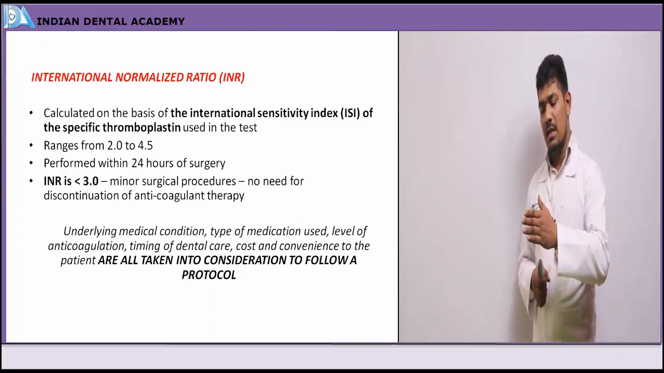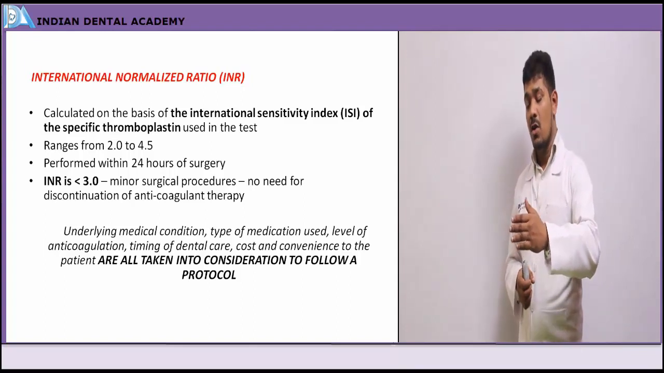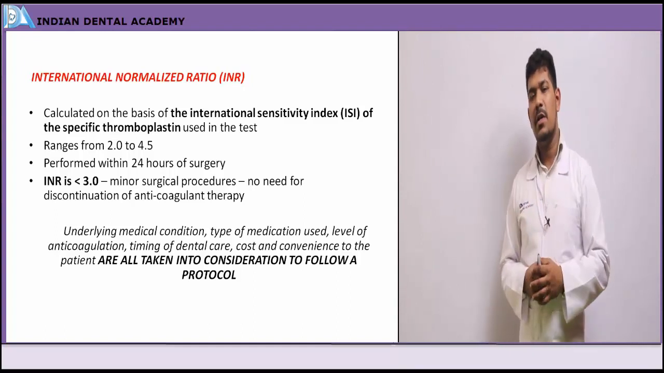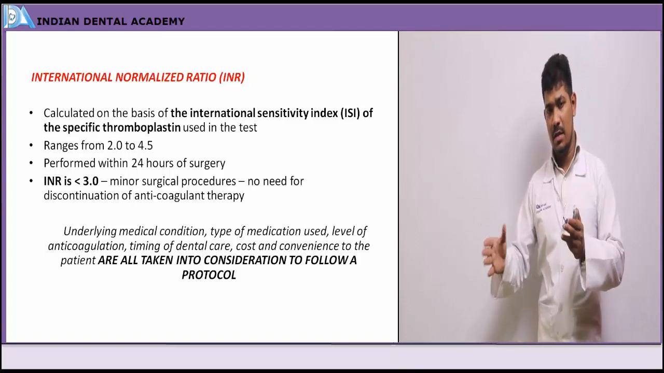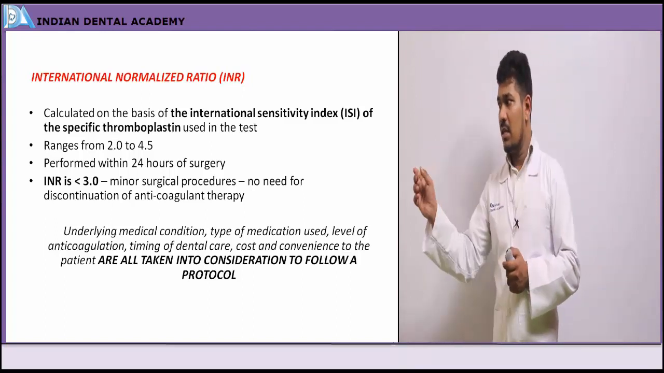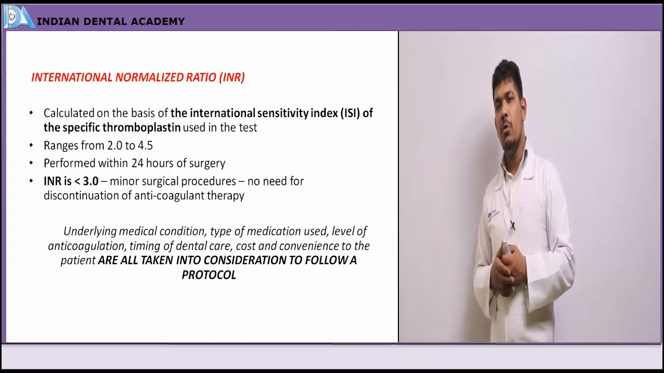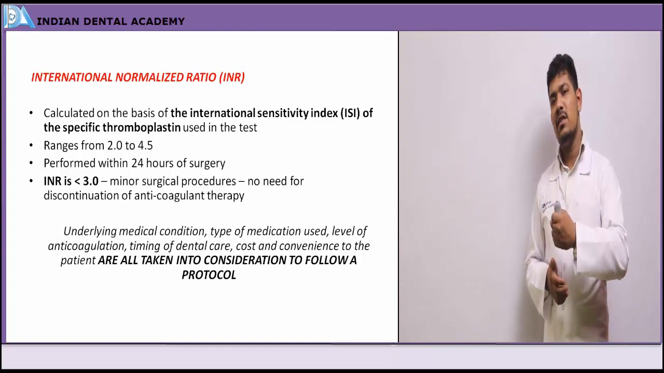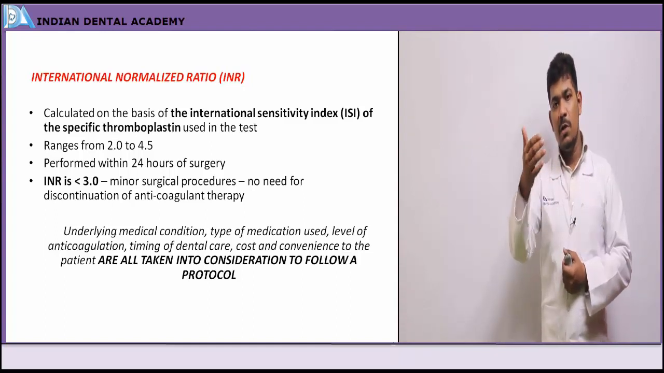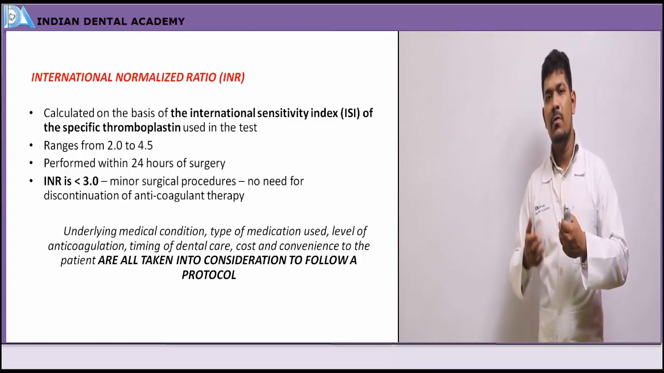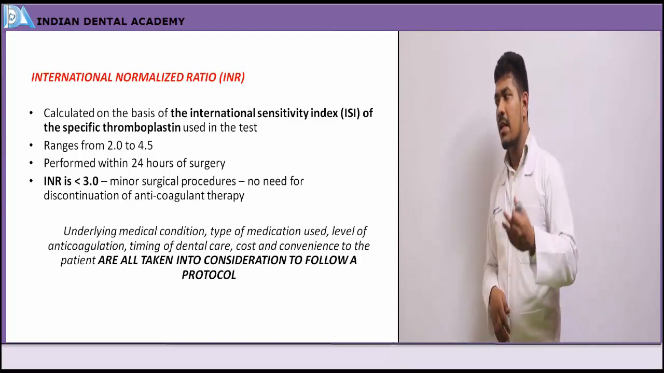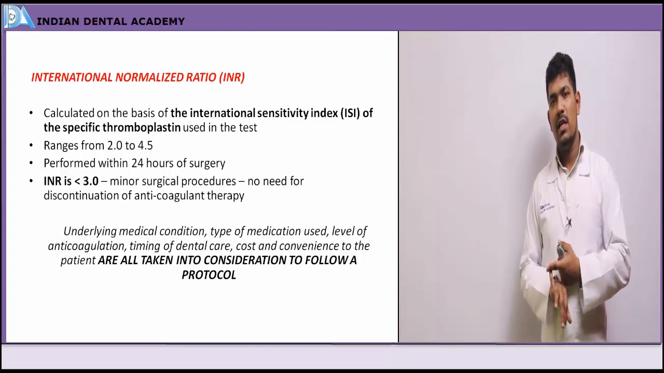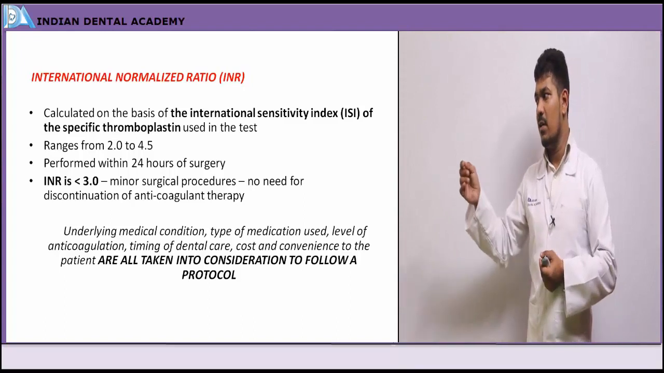This test determines the type of protocol, or the necessity of following a particular protocol, in any dental patient before going for any minor dental surgeries. Now this INR value ranges from 2 to 4.5. In case of any minor surgical procedures, if the INR is below an optimum value, say about 3, which is midway between 2 and 4.5, that is, if the INR value is less than 3, in cases of minor surgical procedures like simple extractions or